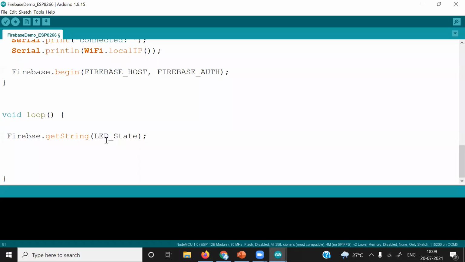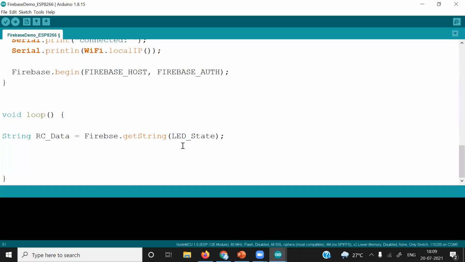So we will create a string variable also. String, I will give the name as RC underscore data. RC means received data. And I will assign this function to it.